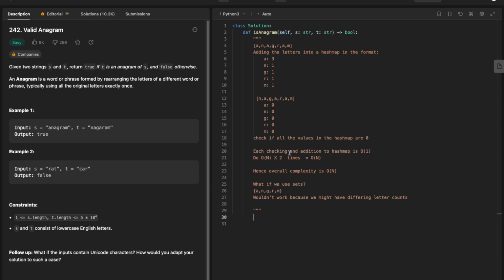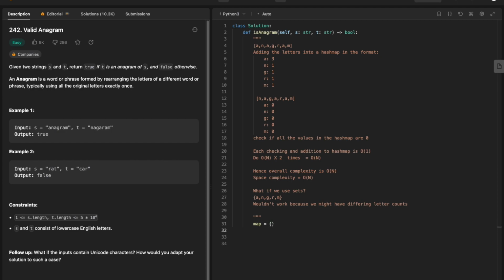Space complexity as well equals O(n), because we are using a hash map of size n. So let's start. I guess we can use map equals to this,